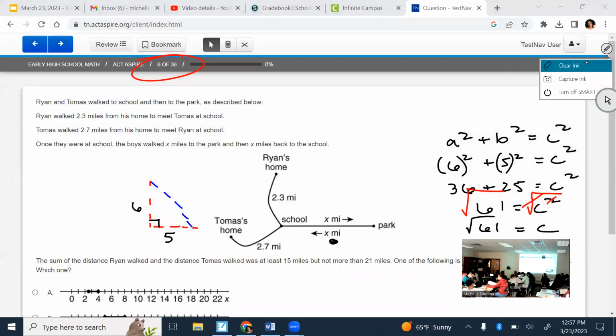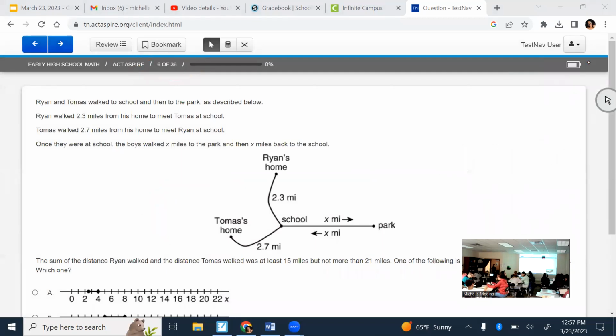Okay, so this one, Ryan and Tomas walked to school and then to the park as described below. Ryan walked 2.3 miles from his home to meet Tomas at school. Tomas walked 2.7 miles from his home to meet Ryan at school. Once they were at school, the boys walked X miles to the park and then X miles back to the